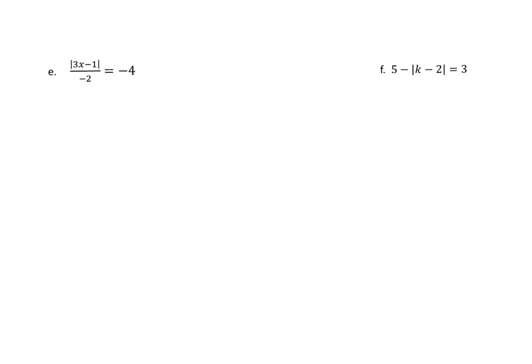All right, letter E, go ahead and draw your line down. So again, first thing you need to do is isolate this absolute value. So I need to get rid of that dividing by negative 2. So the inverse of dividing by negative 2 is multiplying both sides by negative 2, or negative 2 over 1. If I multiply and divide by negative 2, that makes a 1. So I end up with the absolute value of 3x minus 1 equals negative times a negative is a positive